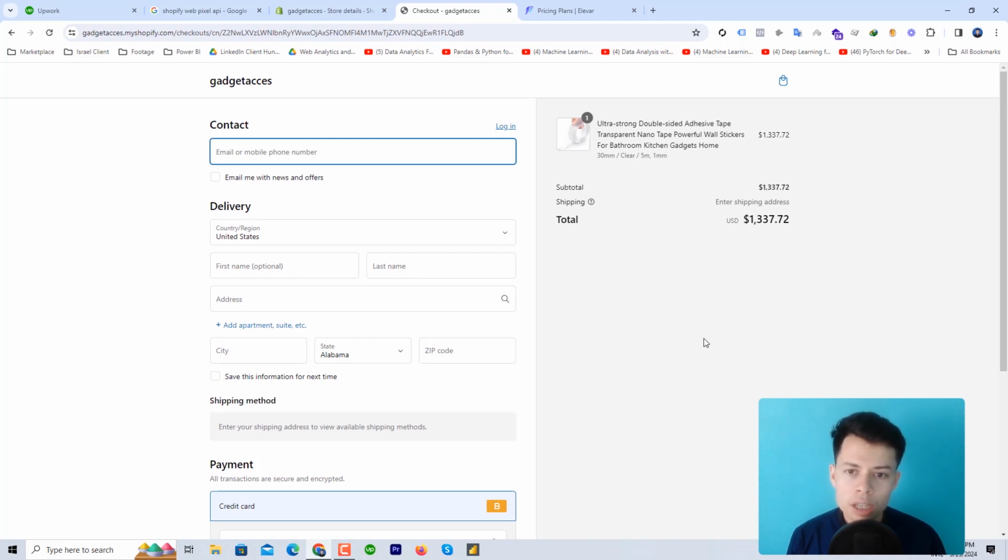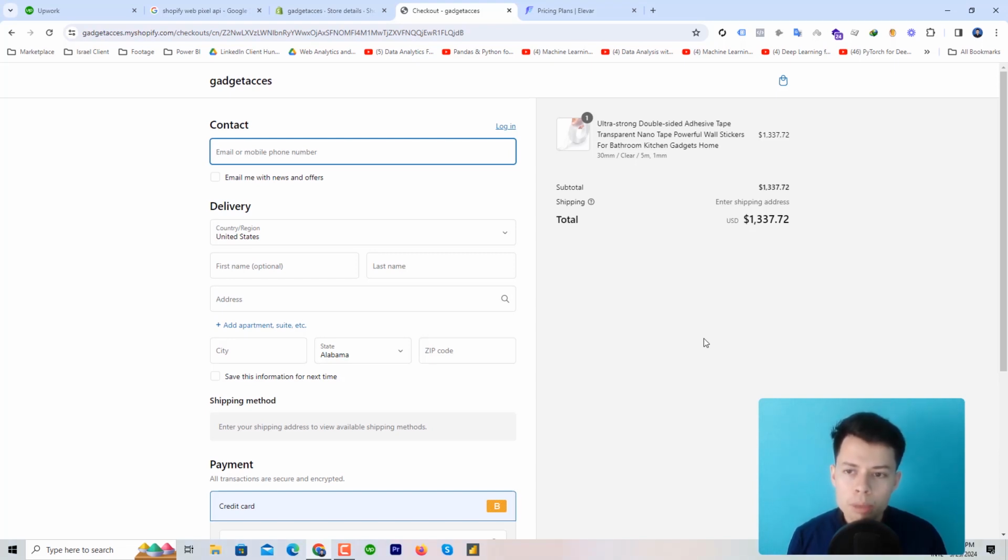Shopify did not give us the opportunity to track checkout page events, like begin checkout, add contact info, add shipping info, add payment info. It was not applicable for the Shopify basic plan. In the Shopify basic plan, we couldn't track the begin checkout, add shipping info, add payment info, and add contact info events. Okay, but with the Shopify update,